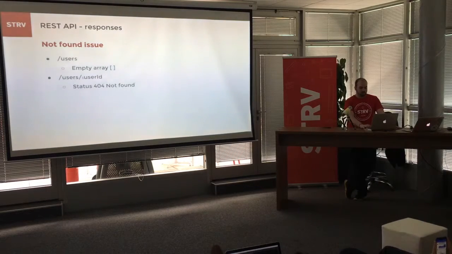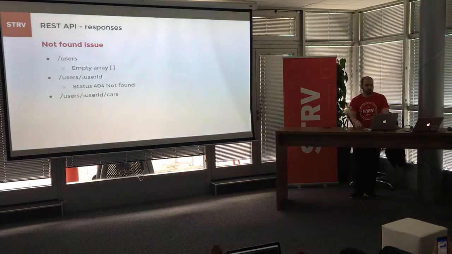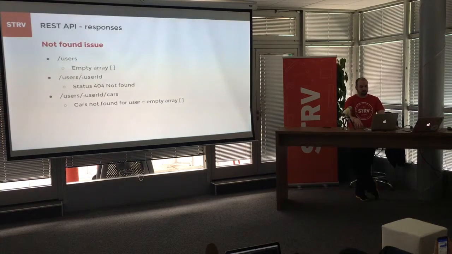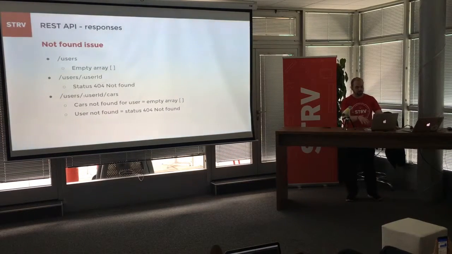But the last thing, which is a little bit of a catch, is if we are asking for all the cars of some specific user. If we do not find any cars for this user, we will return an empty array, but if we do not find the user itself, we will return a 404 not found in this case. So as I said, I see a lot of times that, for example, cars were not found and it returns 404 too, or in all cases it returns an empty array. So this is how you should differentiate between what is not found.